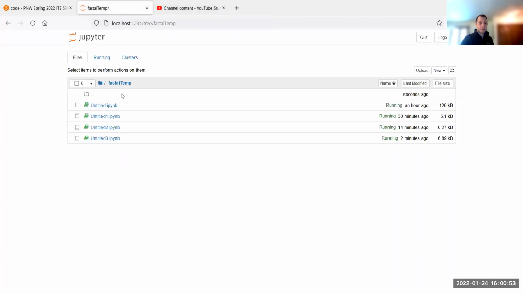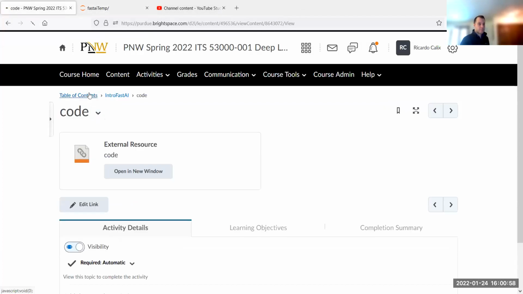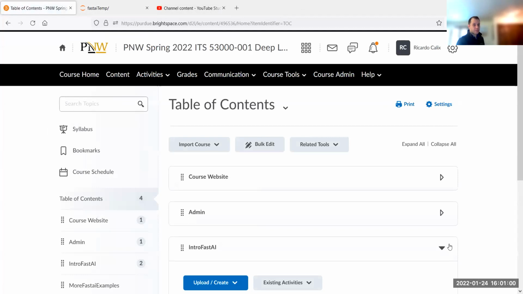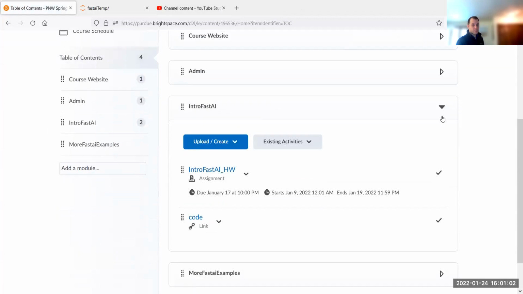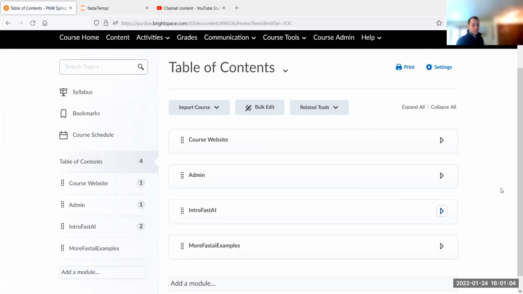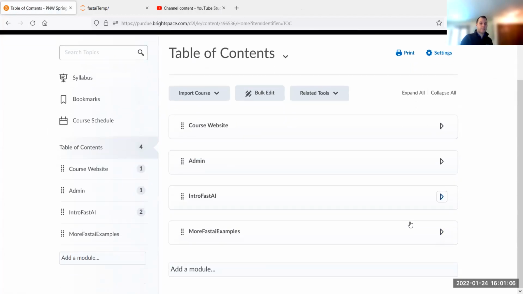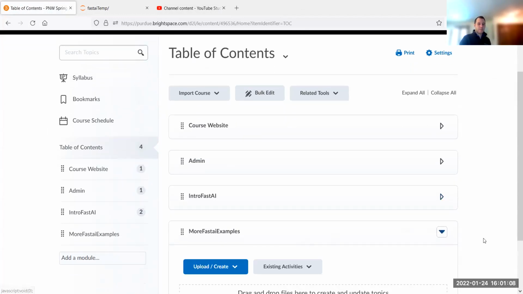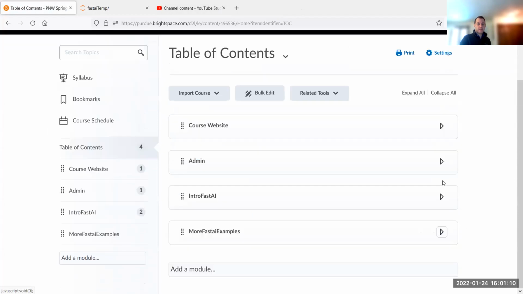Close that. All right, so let's go back to Brightspace. So I don't really have a homework assignment to give you guys this week. Just practice the fastai examples.